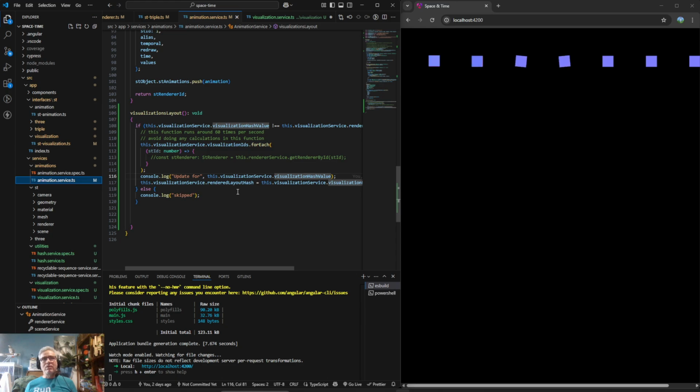These are happening on something called a request animation frame, and the JavaScript engine, I believe it's the engine, could be something higher up in the browser, but something in the browser is attempting to run this code 60 times a second so that it looks good to your eye. So in here, I don't want to do any calculations. I only want to do reads and updates to the DOM and nothing else. I don't want to be trying to figure things out. The figuring out stuff happens in the visualization, so they happen in parallel. They have no direct relationship with each other. And I think that's extremely important.